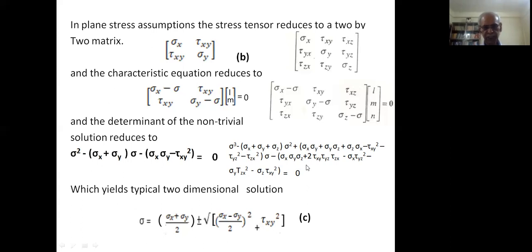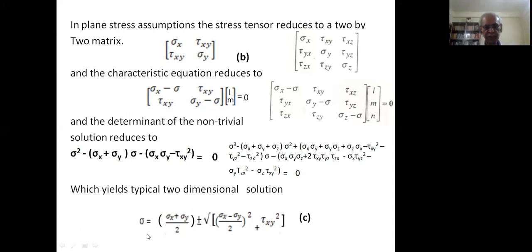So if you look at this equation carefully and apply the plane stress conditions, that is sigma z, tau xz, tau yz equal to 0, then you will come down to this. And you can get this also by taking the determinant of the non-trivial part of this equation. So we are left with a very simple quadratic equation,